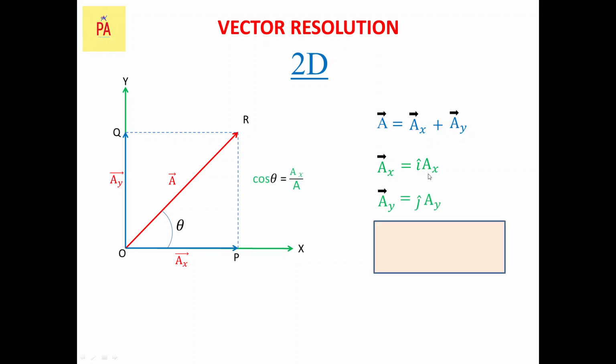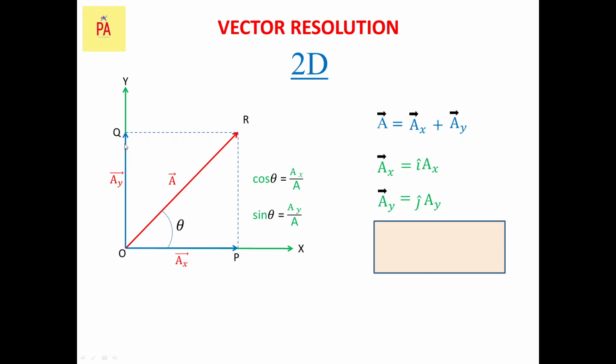Now as a whole I can represent that if I consider theta, then cos theta will be what? Cos theta is base by hypotenuse. So base is AX and hypotenuse is A. Here we are not going for the vectorial signs. We are only concerned with the scalar values now. We have considered the scalar value A, which means the length of the vector. Here also AX I have considered the length of the vector. So cos theta equals AX by A. Again, sin theta is equal to AY by A.